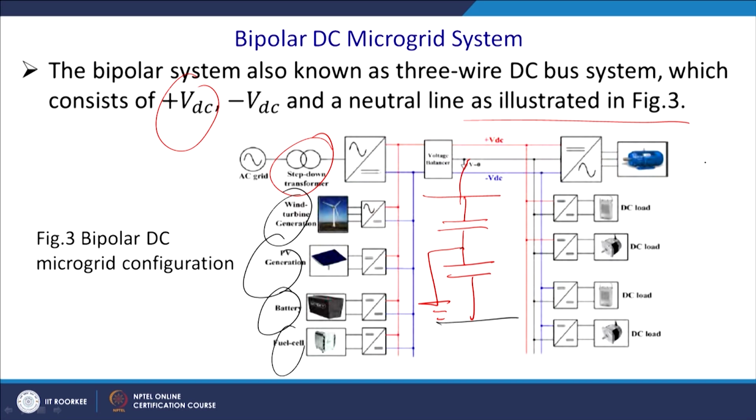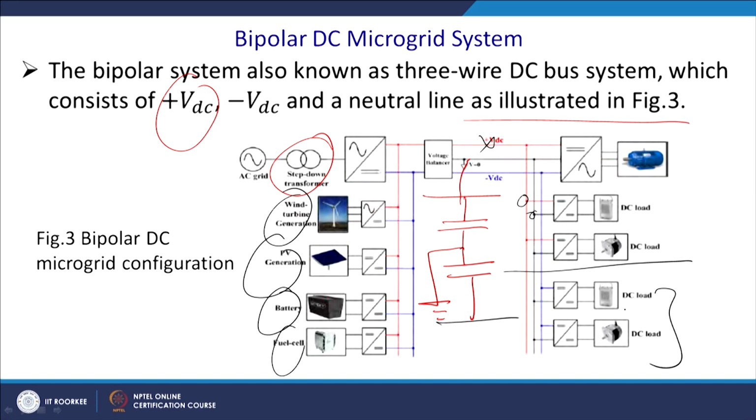And if you have a DC load, generally you will pick up the positive and the negative, and you have a redundancy in case this line is cut off. So, you can manage to operate and you just switch over this point to the negative terminal. In the same way, the DC load will be connected here, and to balance the load, some loads will be connected negative to positive, negative to positive. So, these are the cases.